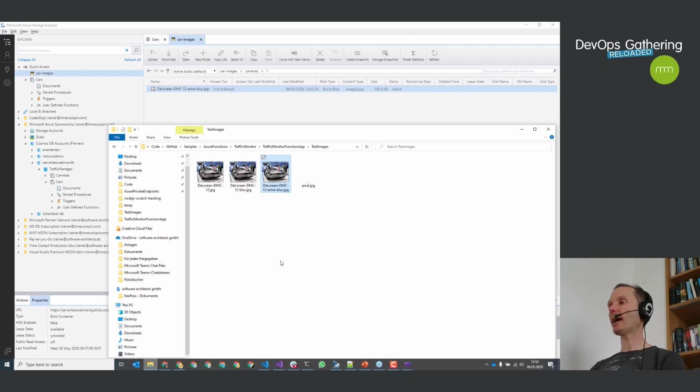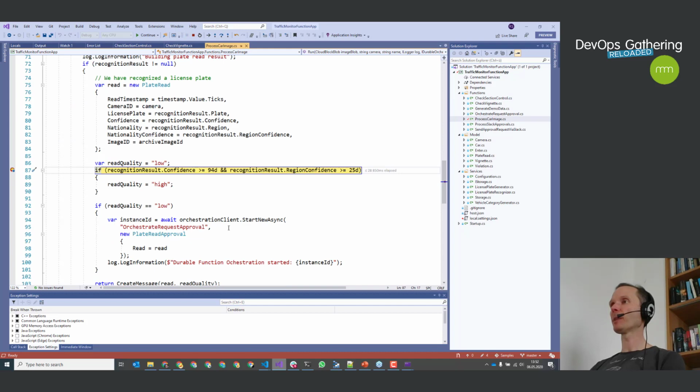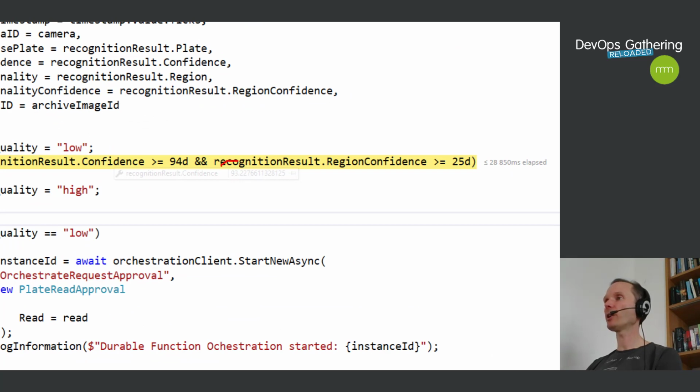This will now be picked up by our Azure function, and I've set a breakpoint here because here we see the result of the machine learning algorithm. I don't know if you can see it. The recognition result confidence was 93%, but we said at least we need 94%.